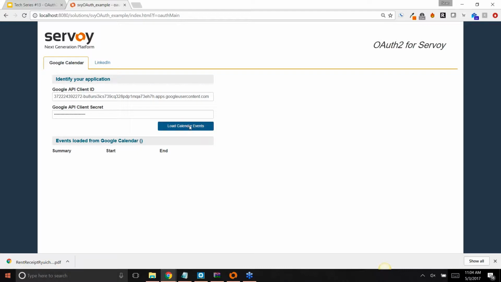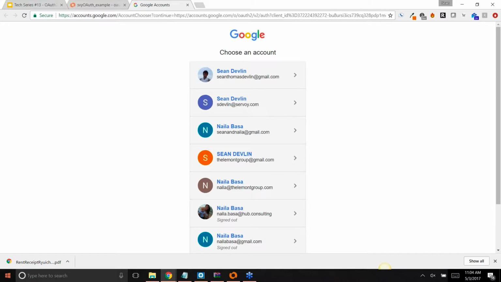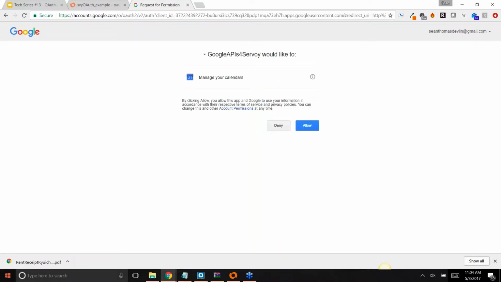And I'm going to click this load calendar events, and this is going to start the authorization flow for me, as a user, to access my calendar through this registered application. So this is the part where it passes off control to Google, basically to say, okay, well, which one of these accounts do you want? I'll pick this one. And then it says this application called Google APIs for Servoy would like to